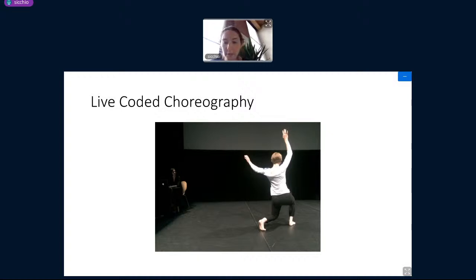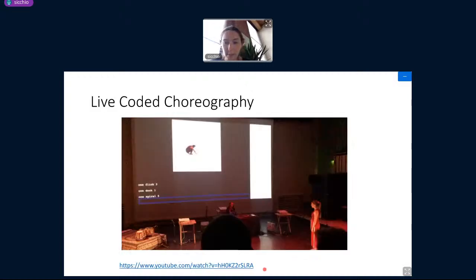And I do have one more slide, which is my current project. This is Tripsicode, which is also this idea of a dancer plus coder on stage. In this case, the dancer is responding to images that are then made into patterns. There's this other part of Tripsicode, which I'm still trying to figure out too, which is that the code is on the screen right now,